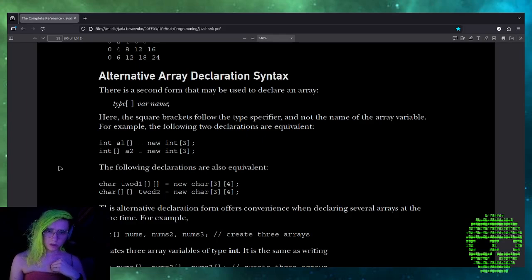The following declarations are also equivalent: char twod1[][] = new char[3][4]; char[][] twod2 = new char[3][4];